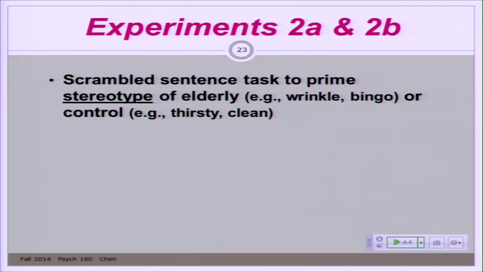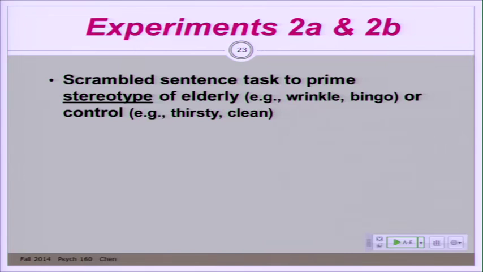And they, once again, had participants fill out a scrambled sentence task, unscramble a series of sentences. For some of the participants, they got words related to the elderly stereotype, like Florida, wrinkle, bingo, what have you. Now, interestingly, and this is kind of cool, they didn't actually prime the elderly behavior they were interested in, because the idea is if you prime the stereotype, you're going to prime all the other things that come with it. Just like if you prime Asian, you're not going to only make inferences about how good they are at math, you also make inferences about their hair color and their social skills and that they like rice, what have you. You make all sorts of inferences, okay?